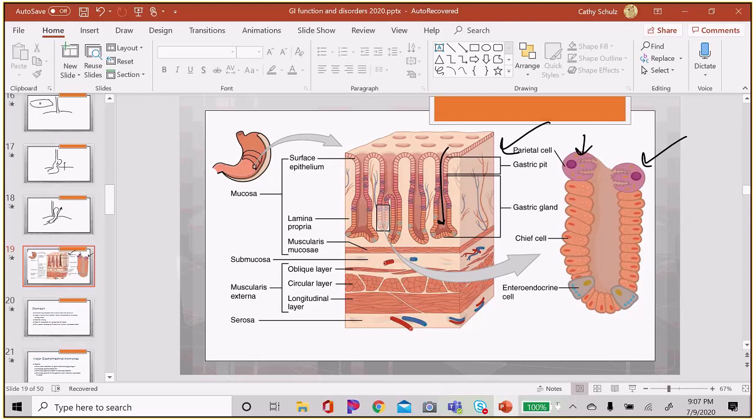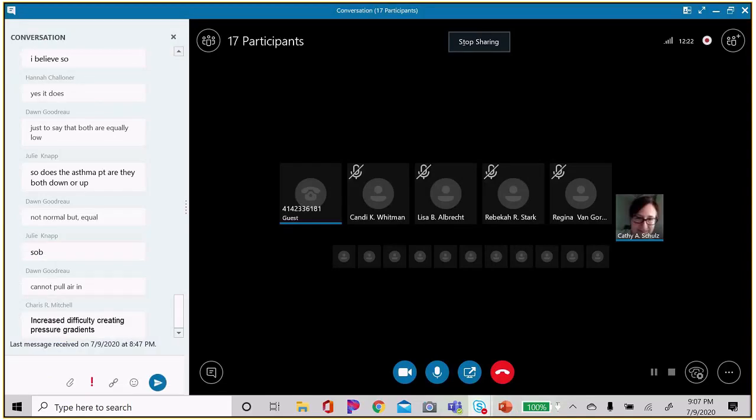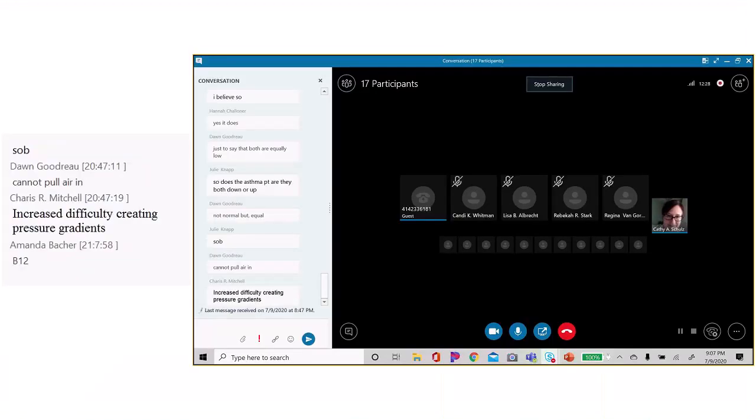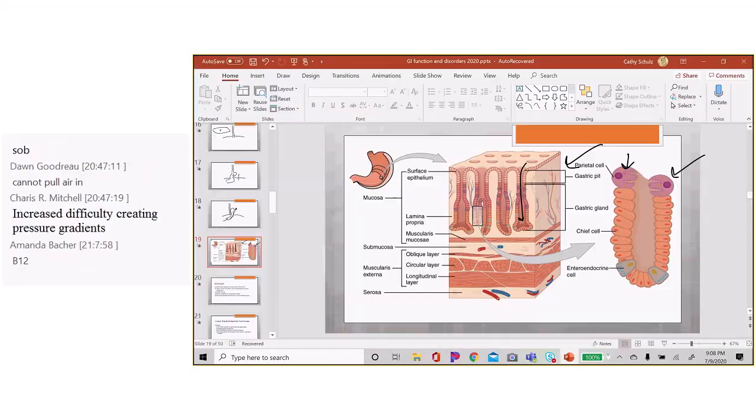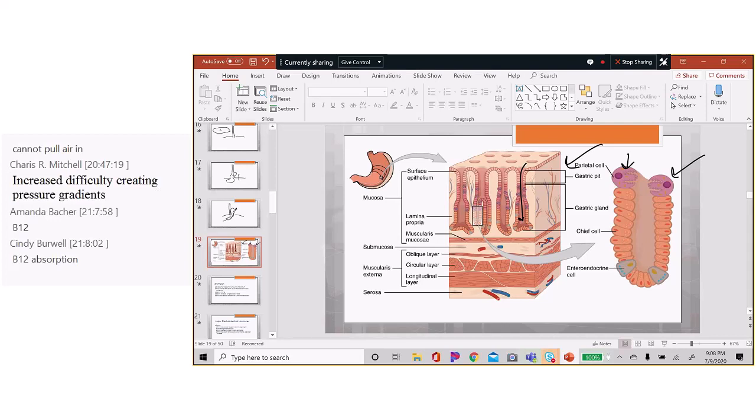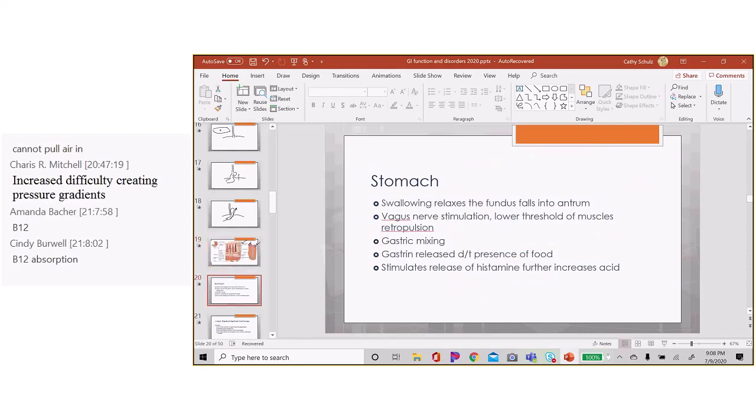we know that parietal cells are essential, as they are the gastric cells, and they also produce that intrinsic factor that we need. And what do we need intrinsic factor for again? Right, we need that in order to absorb B12 later on in the small intestine. So the chief cells help produce mucus, and the enteroendocrine cells also produce different hormones that the stomach is in charge of. So we can develop issues in the stomach